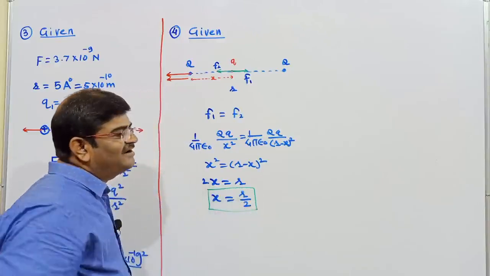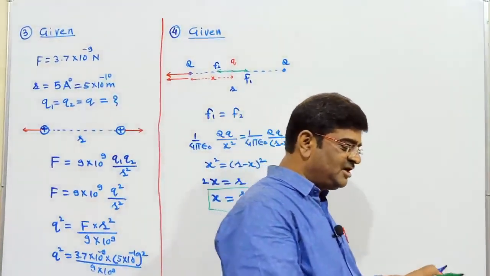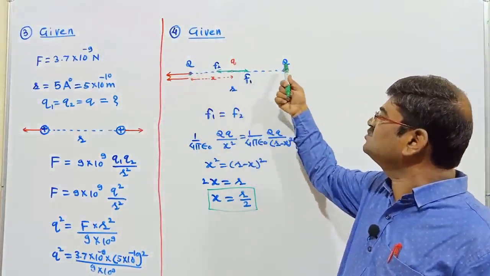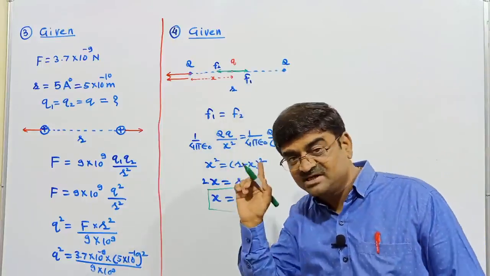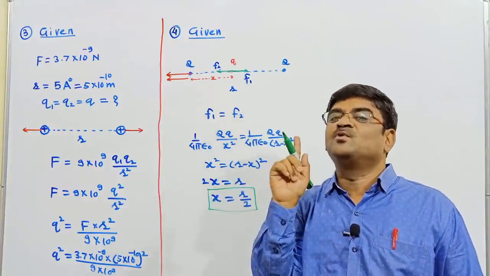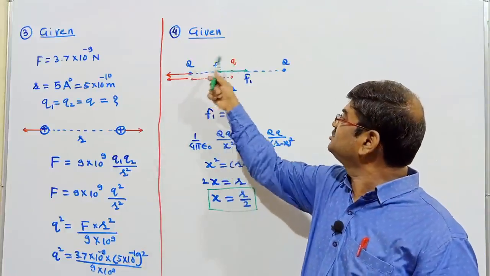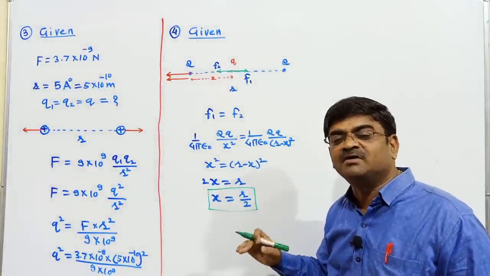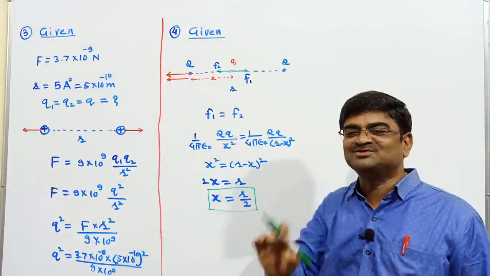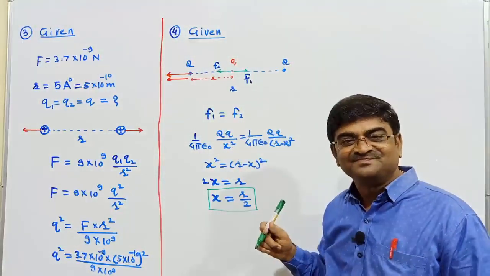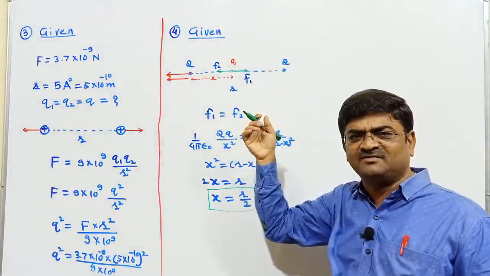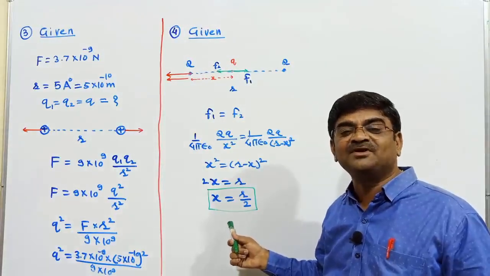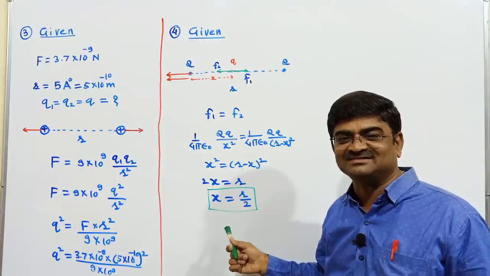What is to be remembered? The third charge which needs to be introduced in the system between two charges must be, first conclusion I have arrived at, of opposite nature. If these are positive, this should be negative. And the second answer I am arriving at is that it must be at the midpoint of those two charges for these to be equal, and generally that equal we go with. Where are you keeping the third charge? At the midpoint of separation between those two given charges.